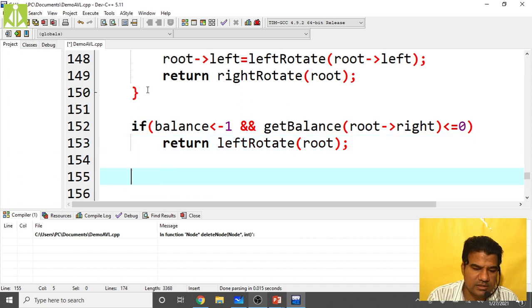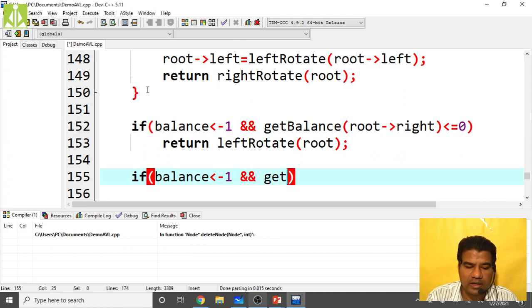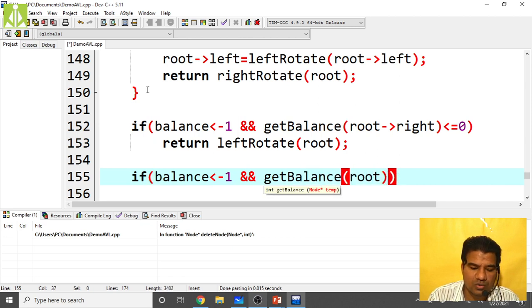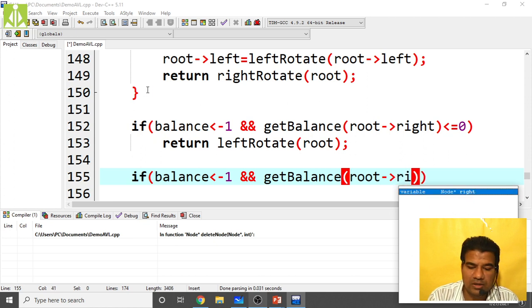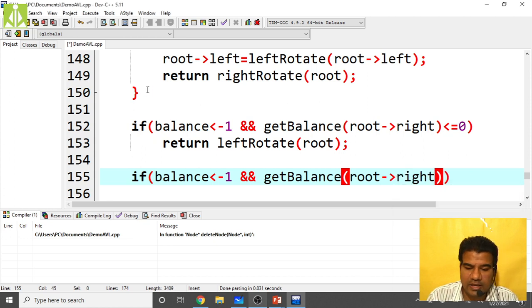Again, the last case, if balance is less than -1, that is the right left case. Balance is less than -1 and get balance of root of right should be greater than 0.